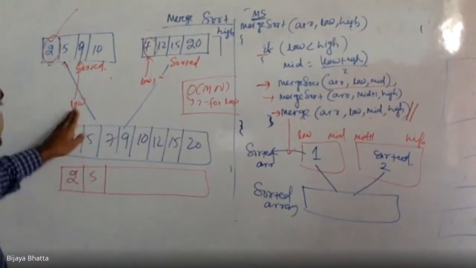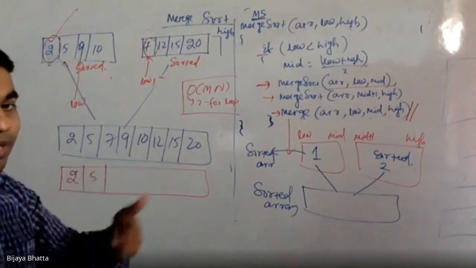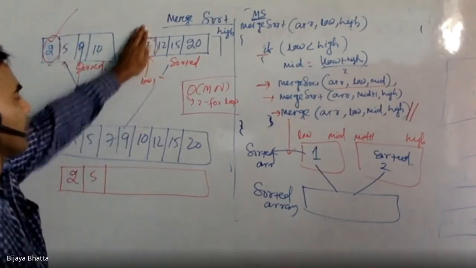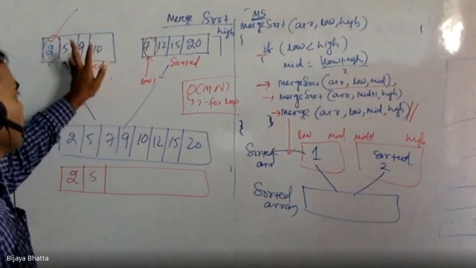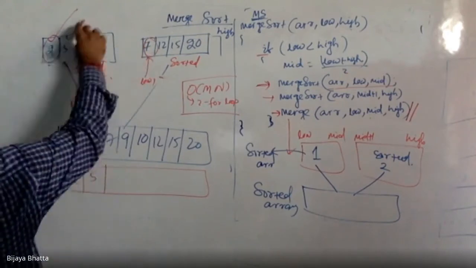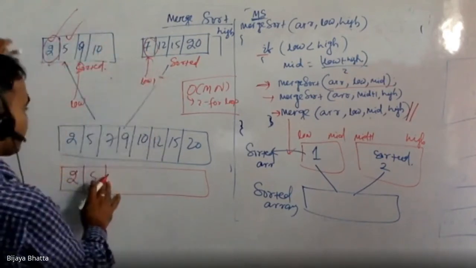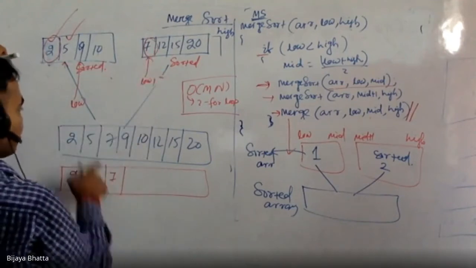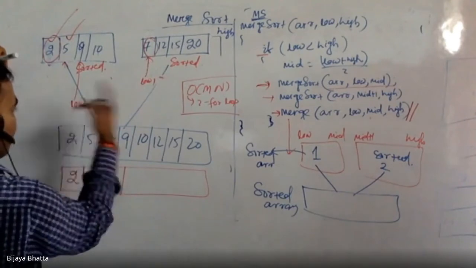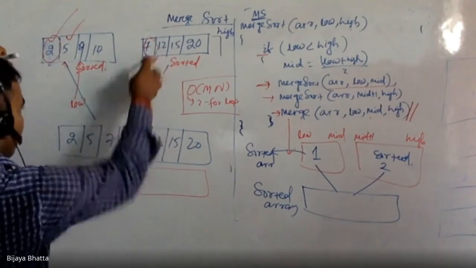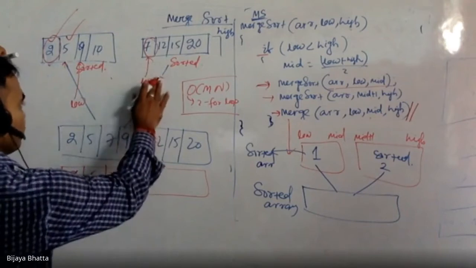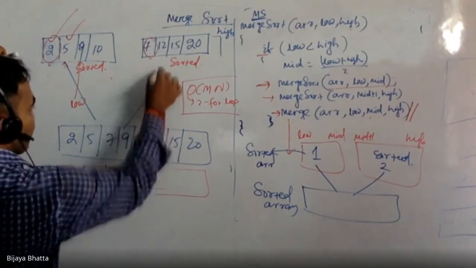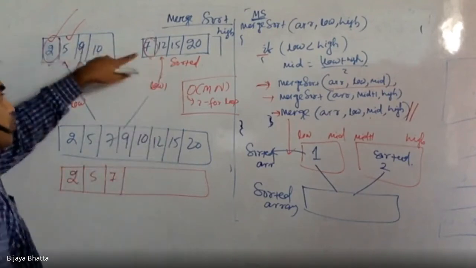Whichever smallest you find, you will then move that pointer. Now low is pointing to 9. Again, you do the same thing. Low is here, 9, and low one is 7, right? So definitely, whoever is the smallest, I will copy it. 7 is the smallest, so I'll copy it and put it here. Once I put it here, this time this pointer is not going to go ahead, because I copied it from this array. So I'll move this particular low one pointer from here to here, because this element is processed.